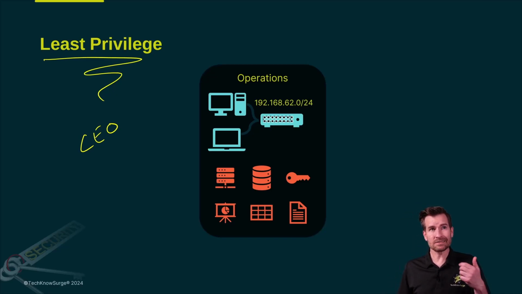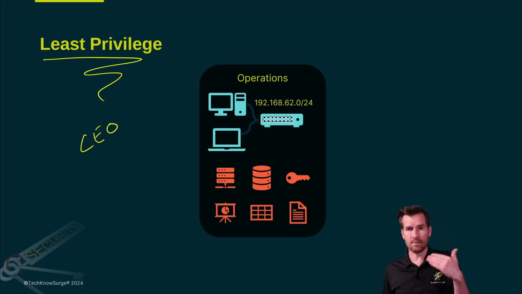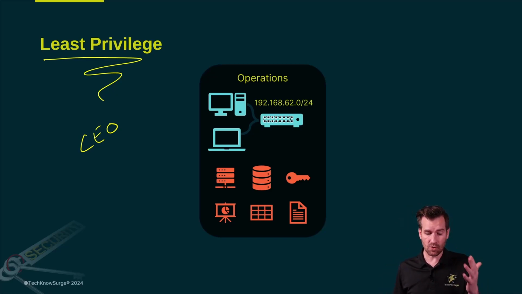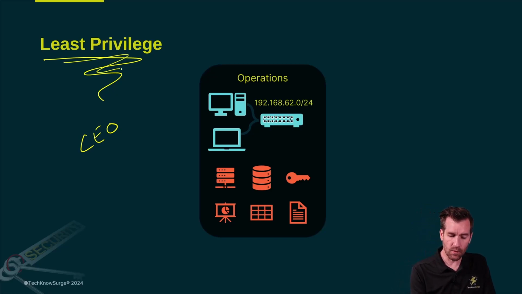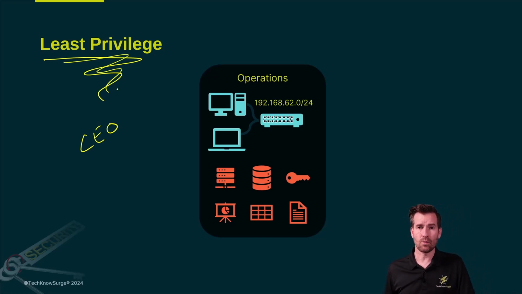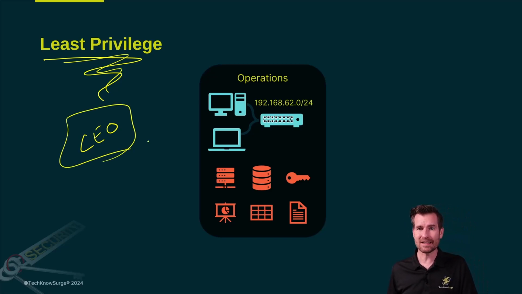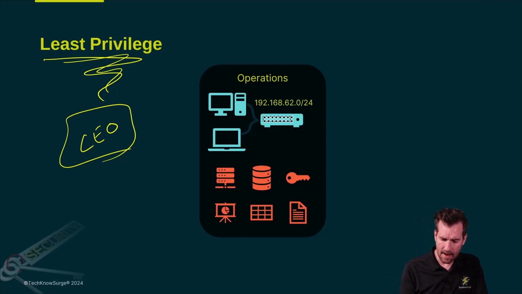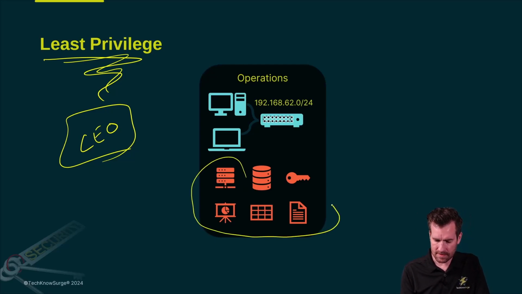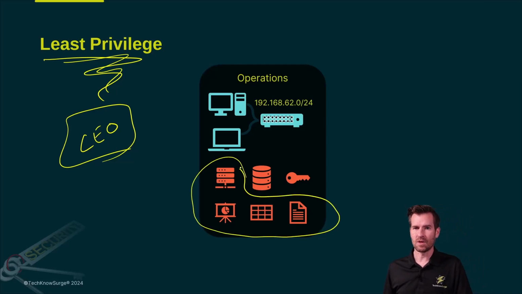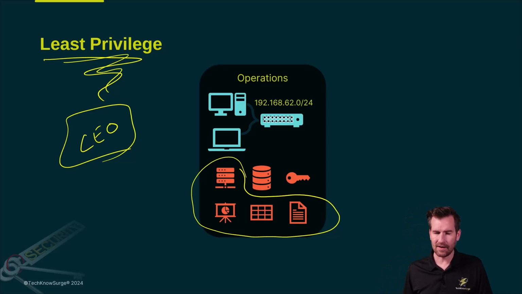And so it might immediately think, well, maybe we should give that person access to the whole company, all of the different resources. But no, least privilege says we shouldn't do that. And the reason why is because if this person's account ever got compromised, they get access to everything that person has access to. So let's say that person needs access to maybe some server, maybe some data, some different resources there, but we